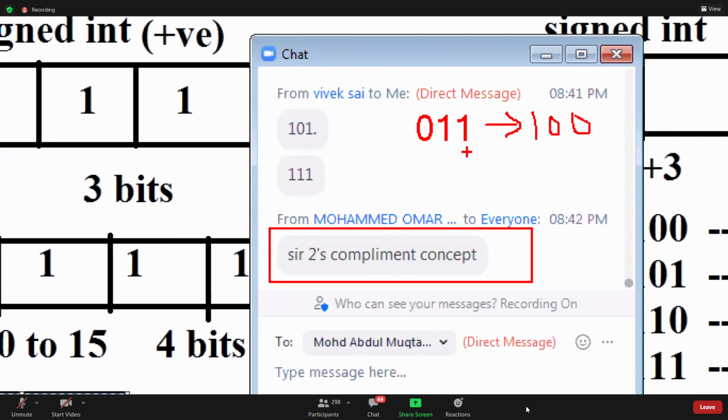2's complement means you have to add 1. This is 2's complement. While adding 1, the bits adding is 0 0 0. 0 0 will get 0. 0 1 also 1 will get. 1 0 also 1 will get. 1 0 also 1 1 we get. 1 1, if I write 1 1, then 1 0 will get. Okay.